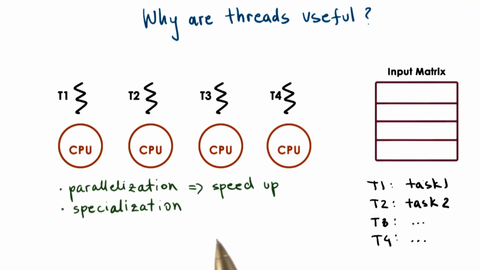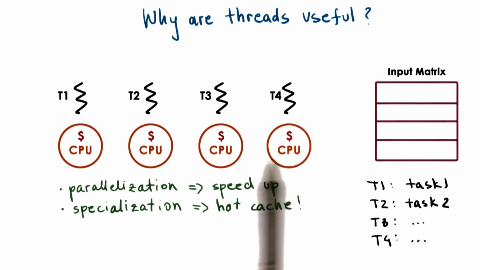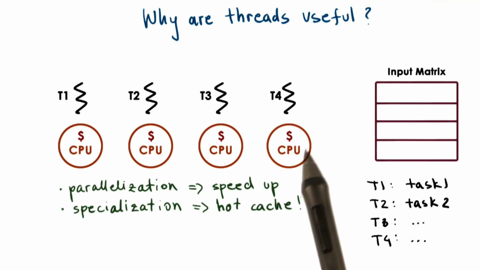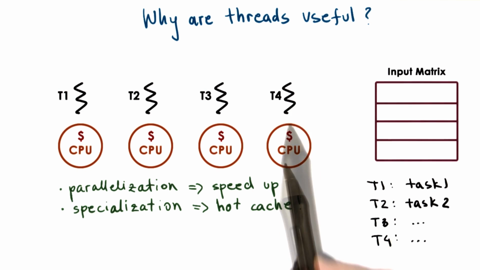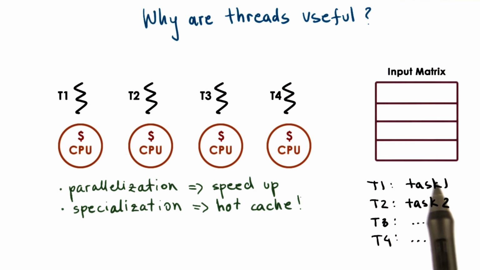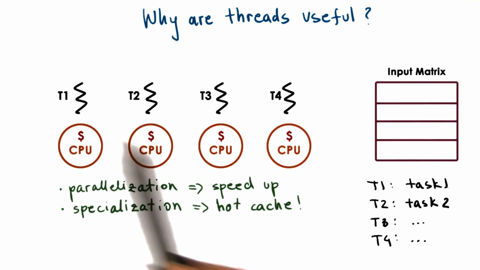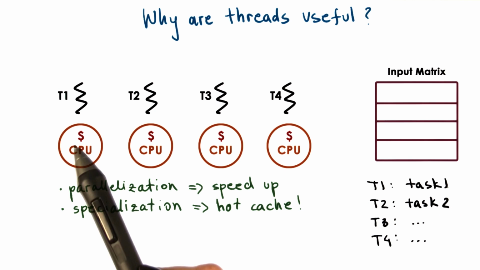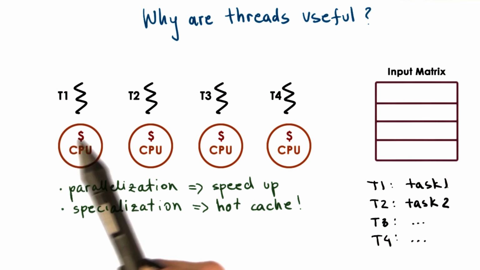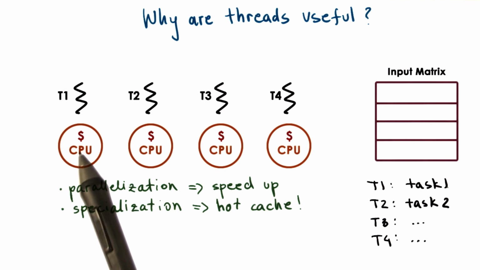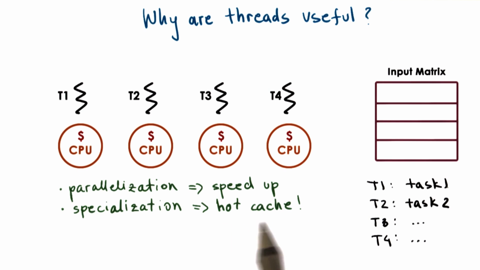comes from the fact that performance is dependent on how much state can be present in the processor cache. In this picture, each thread running on a different processor has access to its own processor cache. If the thread repeatedly executes a smaller portion of the code, so just one task, more of that state and of that program will be actually present in the cache. So one benefit from specialization is that we end up executing with a hotter cache, and that translates to gains